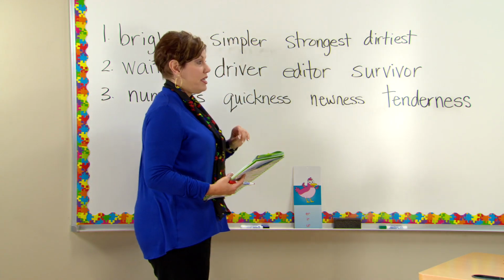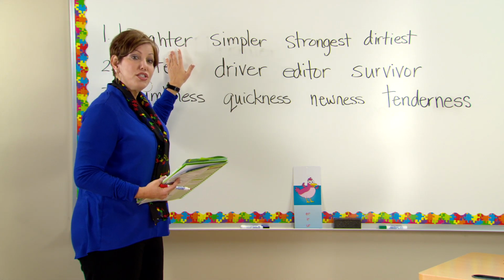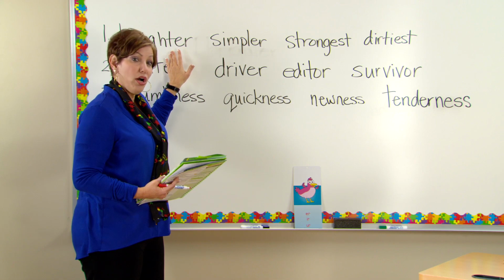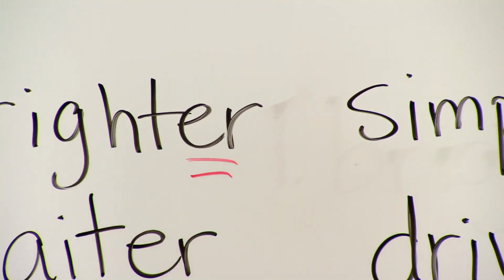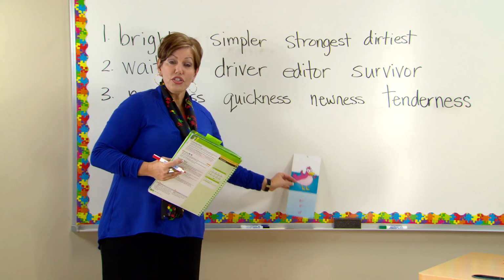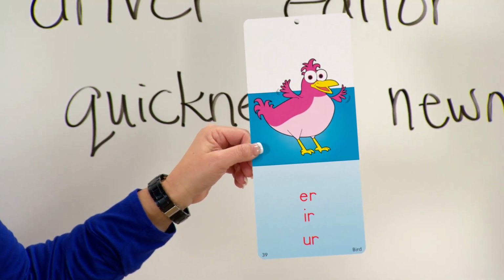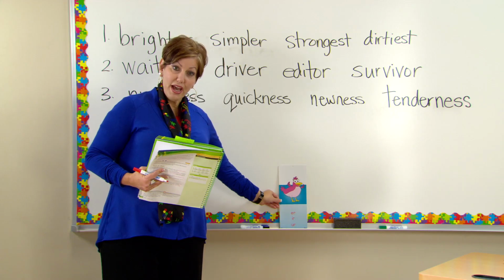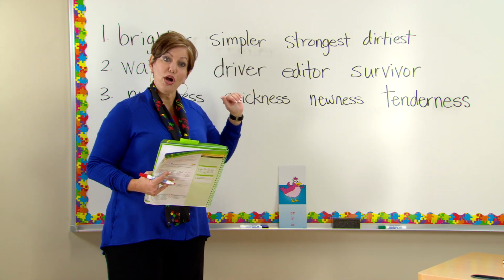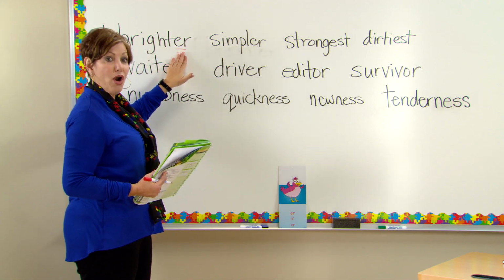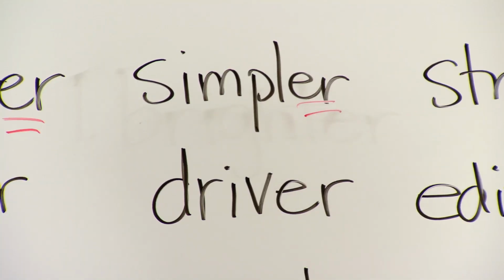Now, what I'd like for you to see is that with the word brighter, right now the focus is not on decoding. The focus is on word parts. So we have bright, and then we add er. Now, the students have learned the er sound, right? ER, IR, UR, all say the sound er. So we're going to reinforce that, but not necessarily decode. Again, if the students need decoding, you can, but this is word parts. So we reinforce in brighter, in simpler, and we let the students know, according to the lesson,